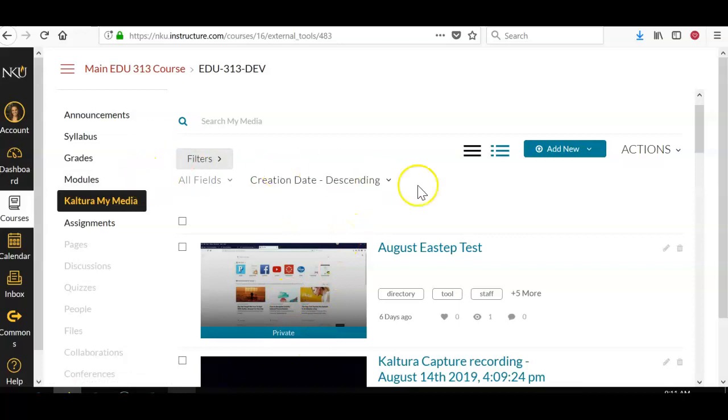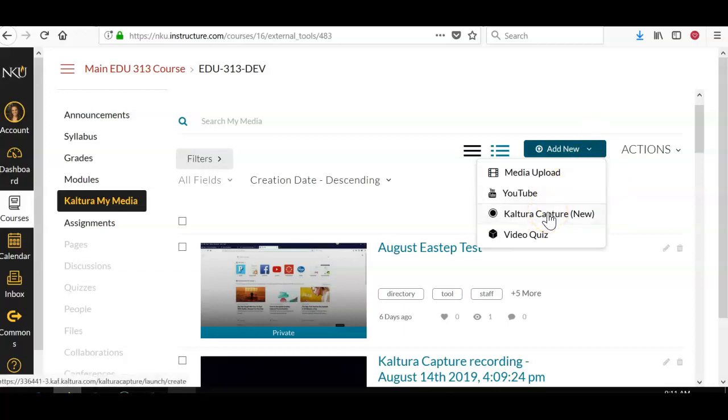So once you're inside of here, over here where it says Add New, you're going to click on this blue box and you're going to choose Kaltura Capture, and that is this tool that allows you to capture your screen and record your voice and whatever's on your screen, as well as make this available inside of Canvas. And again, it closed captions it for you as well. So once you choose this,